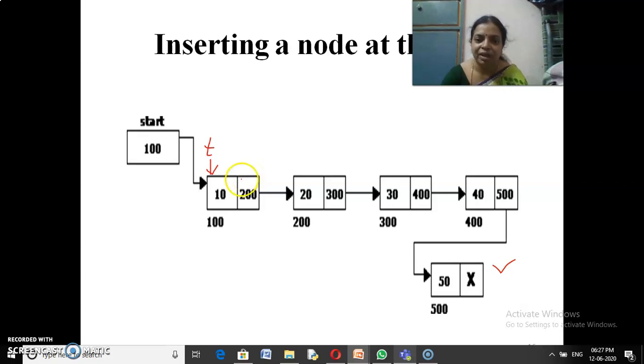First, this next is not null, so temp moves to the next node. It checks whether this next is null; it's not null, so it moves to the 30 node, and checks again; it is not null, so it moves to the 40. Here it checks that